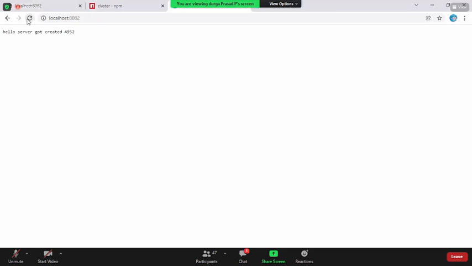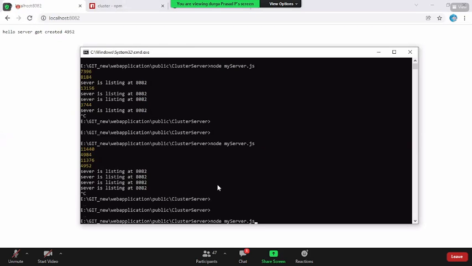Actually, in real time, when too many hits are going on, in order to manage multiple hits, it is going to switch between the multiple processes. Right now, in my machine, I'm the only one hitting the server, and every time I get a response from the same process. Sometimes, if you keep on hitting in a for loop, it will change. Let me try for some more time.